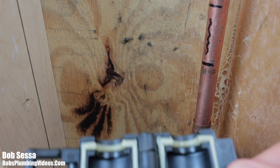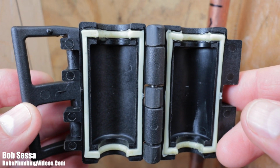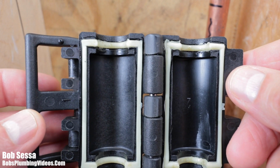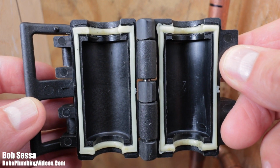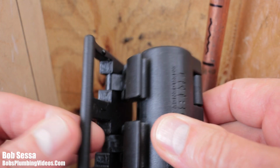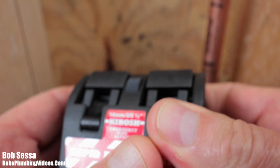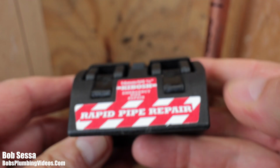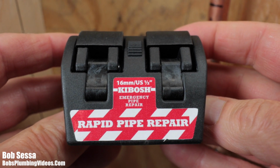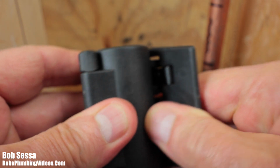All right, one more thing I want to bring up. I had seen a video on YouTube, and the question was, can these be reused? Now, the idea is these are not permanent fixes, so they should not be kept on there for any amount of time. You want to get that plumber in or whoever you're going to call to make that permanent repair and do the permanent fix. But Ross had stated in this video that if you want to reuse them,